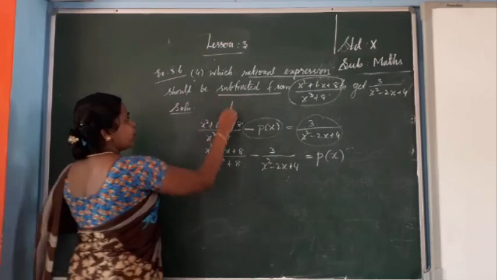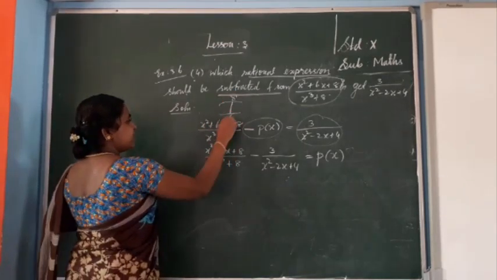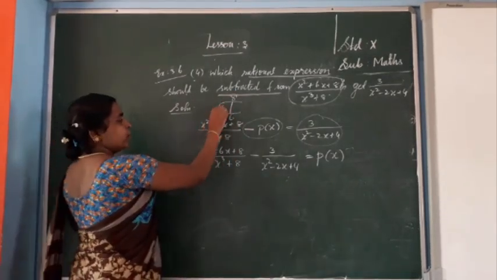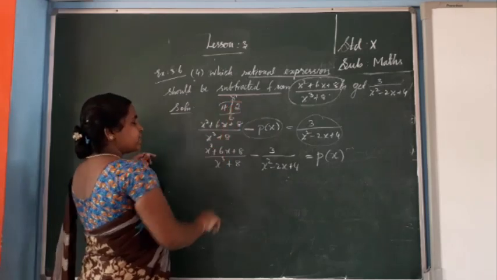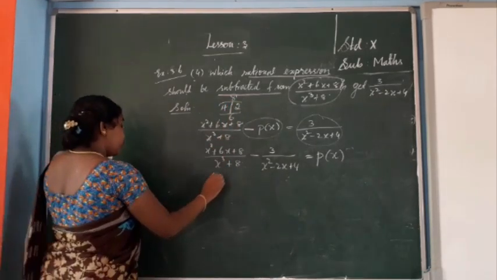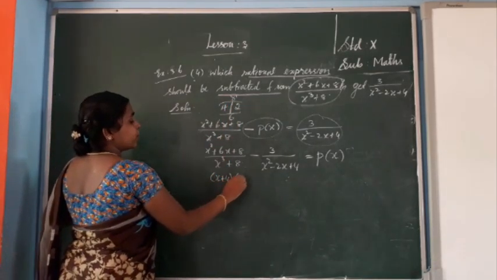Multiplication is, so product is 8, sum is 6. What are the numbers? 4 twos are 8. Very simple. Positive, no? So x plus 4 into x plus 2. Okay. Then